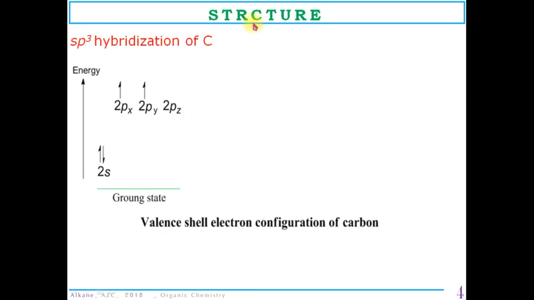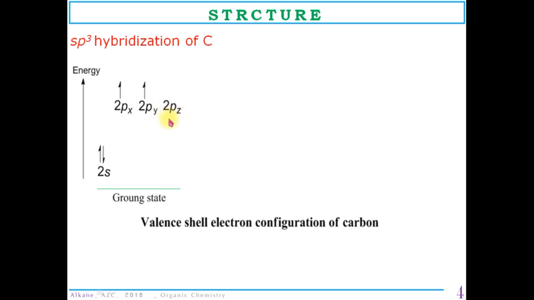The structure of alkane depends on the hybridization of carbon, that is sp3 hybridization. When we want to study sp3 hybridization, the first thing we have to look at is the valence shell electron configuration of carbon. At ground state, carbon has 4 electrons in the outer shell. The 2s orbital contains 2 electrons, the 2px and 2py orbitals have 1 electron each, and here is the empty orbital,